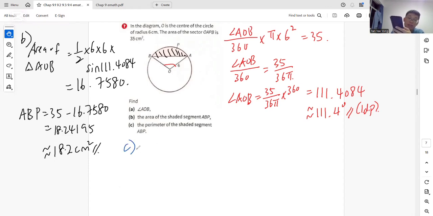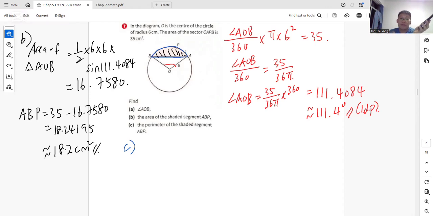Okay, so let's move on to part C, the perimeter of the shaded segment. So they want this blue part, the arc plus the straight line AB first. For this AB, I mean, there are two ways to do it. It's either cosine rule or sine rule. But for me, I would prefer to do it using